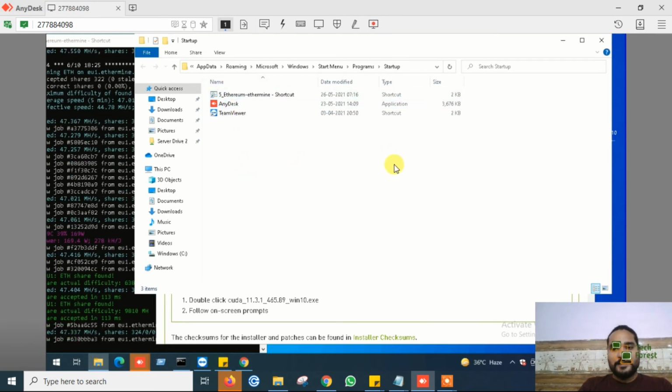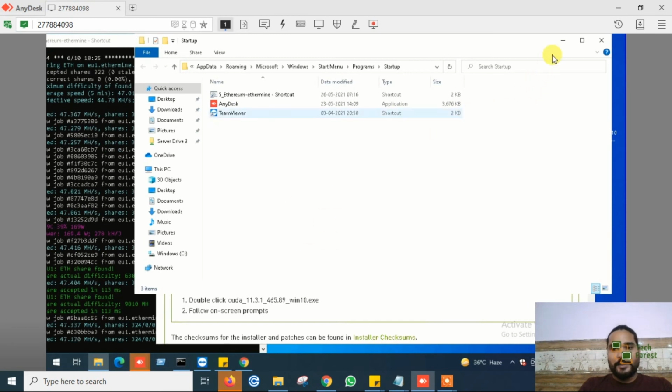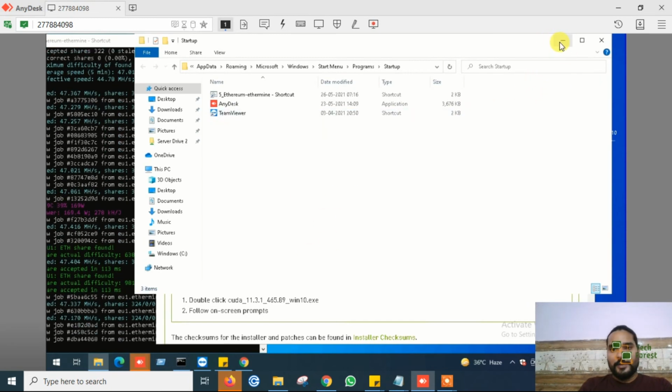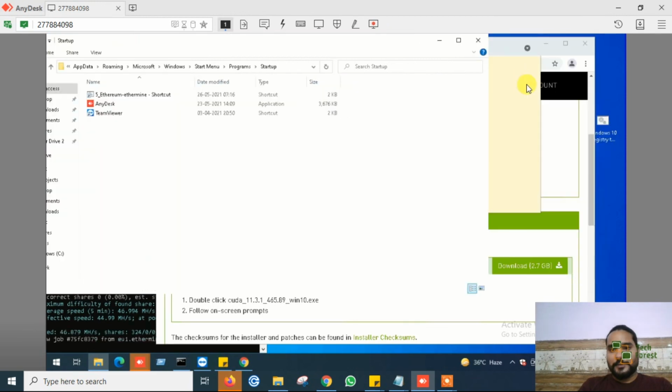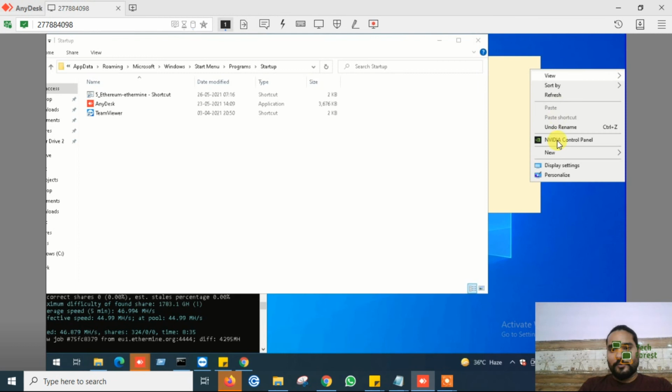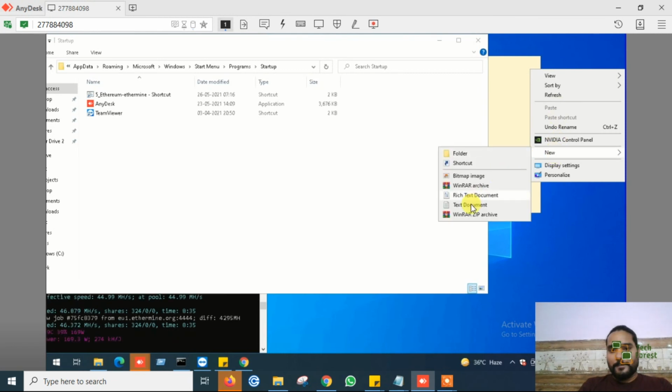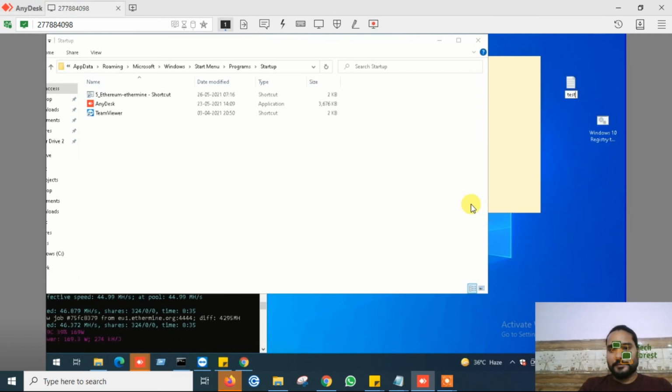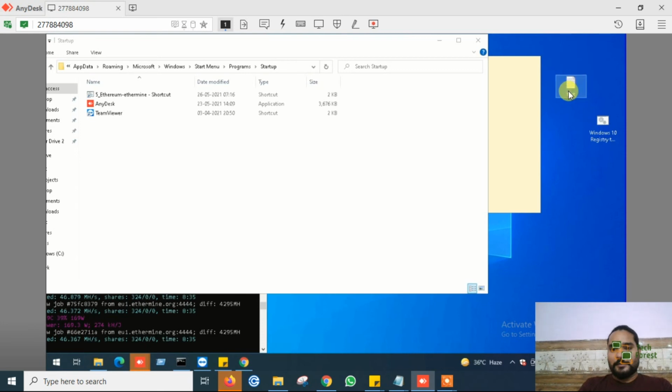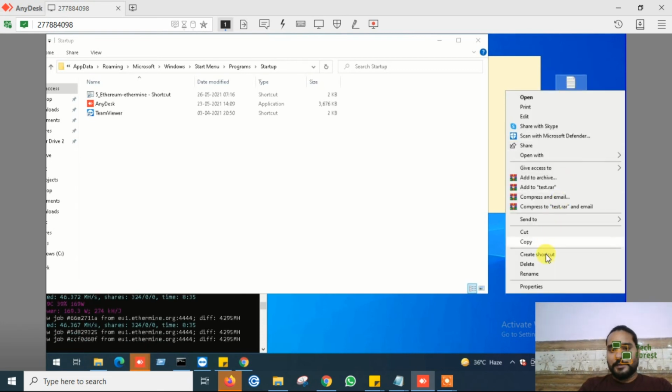So it's very easy. Suppose anything you have on your desktop, like I'm creating one text document, and right click this notepad and create a shortcut.